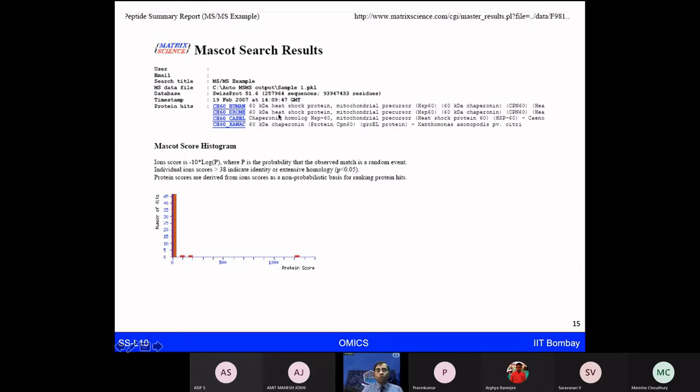So in this case, this turned out to be one of the 60 kilodalton heat shock proteins, and that is seen here in this particular output, where anything in this case passing a score greater than 38 is showing a significant hit. So these are the proteins which the software is telling us are the most relevant or significant proteins present based on the database search.